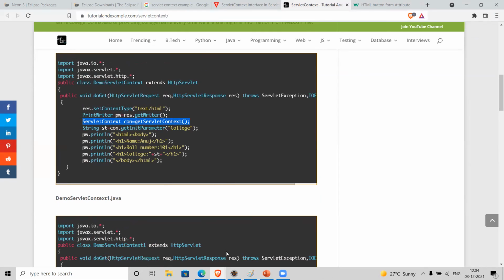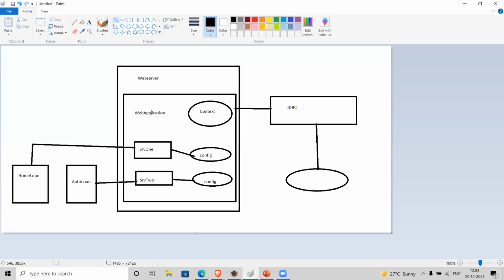Right. Whenever we initialize this web application in the web server, the responsibility of the web server is providing the runtime environment to this web application. While providing this runtime environment, it will create a context object specific to this web application.